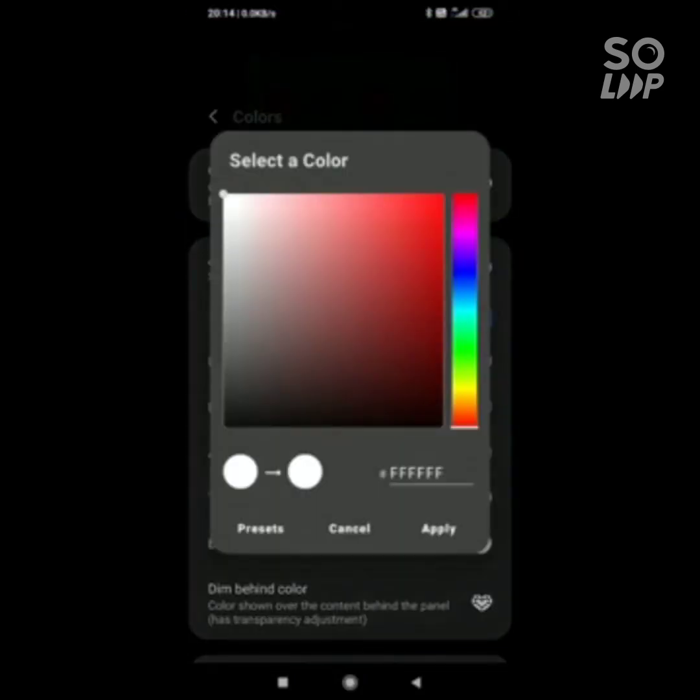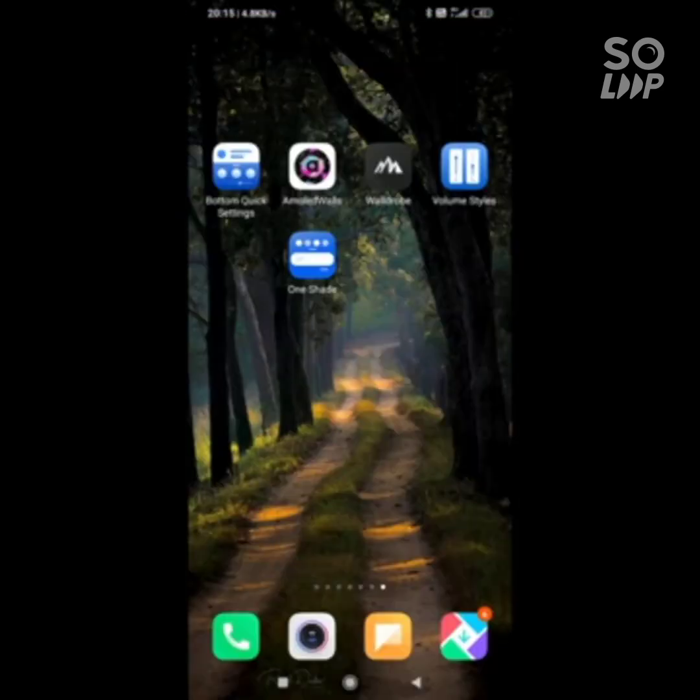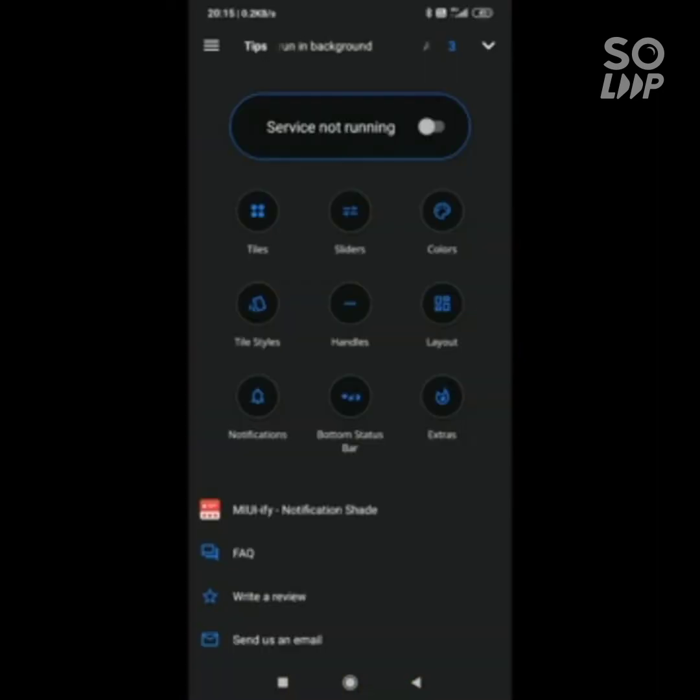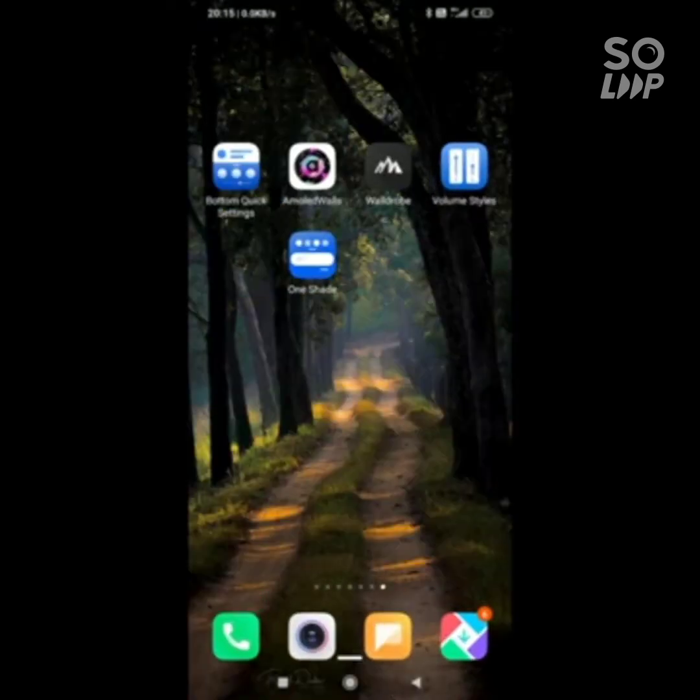If you are a one-handed user, there is another app called Bottom Settings. Let's see what it does. Click on service and set a mark near the home button.